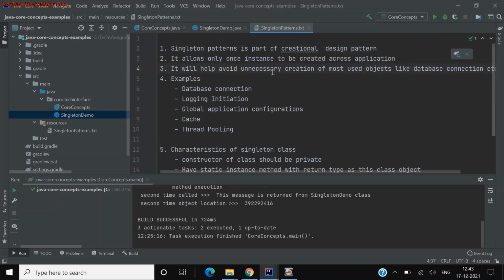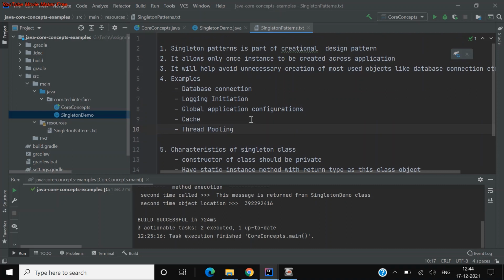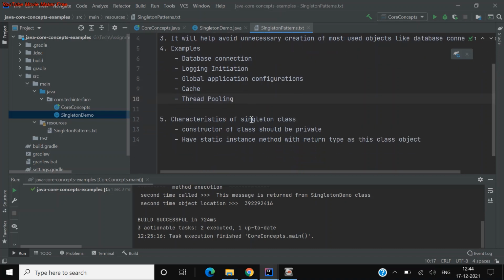For example, database connection, logging initialization, global application configuration, cache management, thread pooling. These are the basic types where you generally go for a singleton design pattern or singleton class. For example, if you use a database across the application, you'll have n number of requests to that database for CRUD operations.